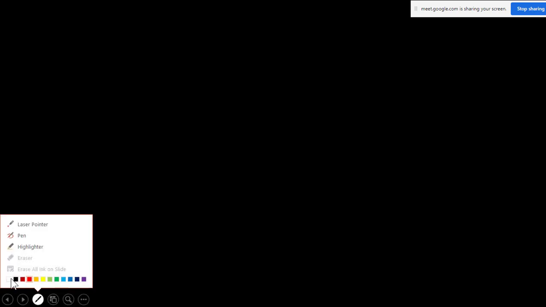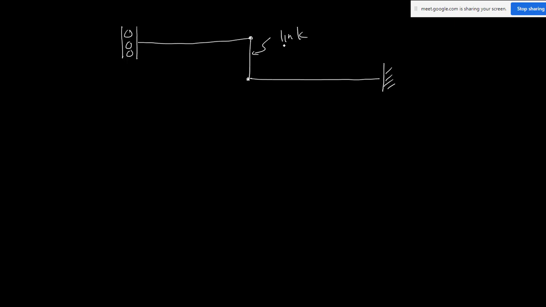Sir, how? I will take an example, if you have time. Yes, this is your question. I slightly modified the previous example. Again we got another support. Okay, I can explain this one also here. It is a fixed end. It is your link. And here I have a roller support.